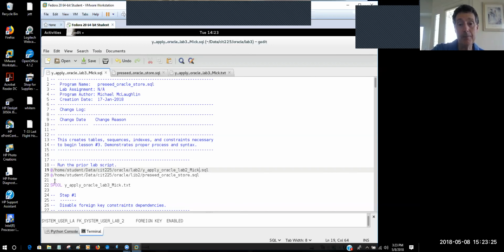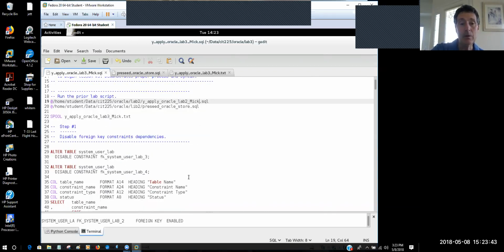Now, the other command that you will run here is the precede Oracle Store.sql. That's the one that you just put the spool commands in, and that's the one that inserts data into the non-lab tables. Okay, so you'll run that. Now, you will change the log file name to be apply Oracle Lab 3 yourname.txt. Okay, and then you're ready to edit the file so that it